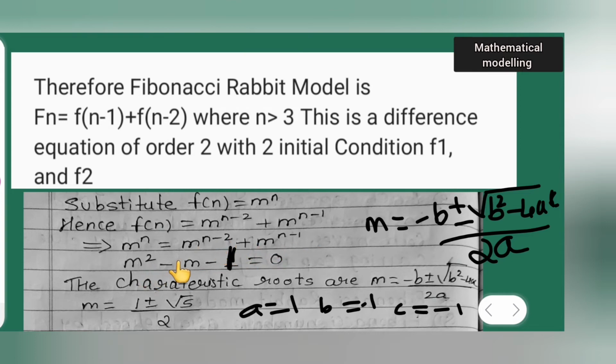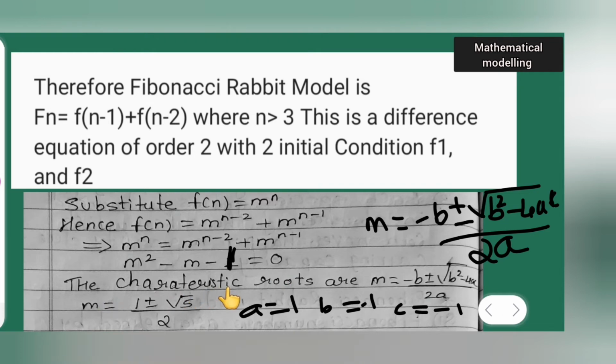Now how did I get this step? In place of n put 2, so m square. Then bring this other side, because this will be 2 minus 2, it will be 0, m raised to power of 0 is nothing but 1, so we got minus 1. And this also, 2 minus 1 is 1, so it is just m, so bringing it other side, it will come minus m minus 1 is equal to 0.